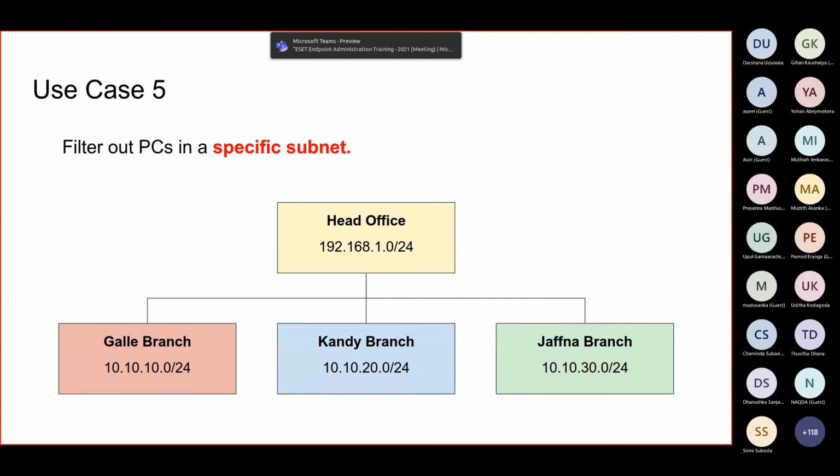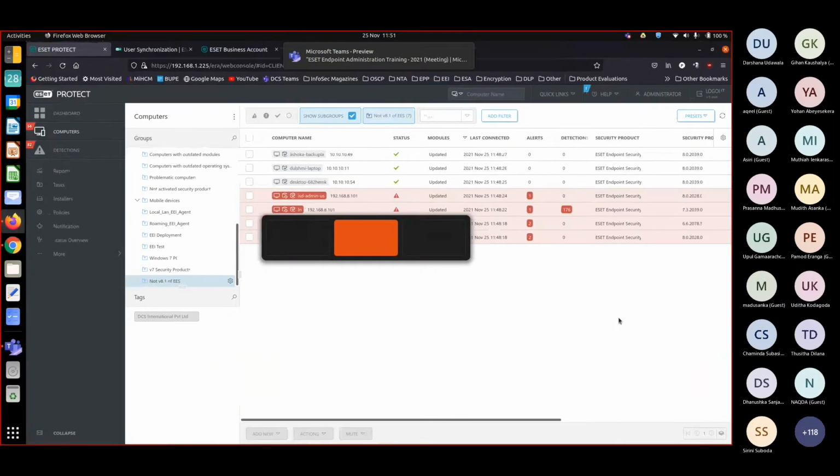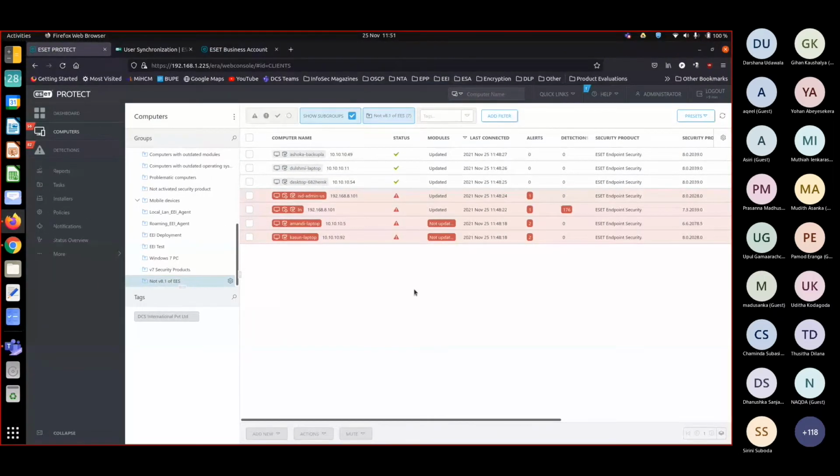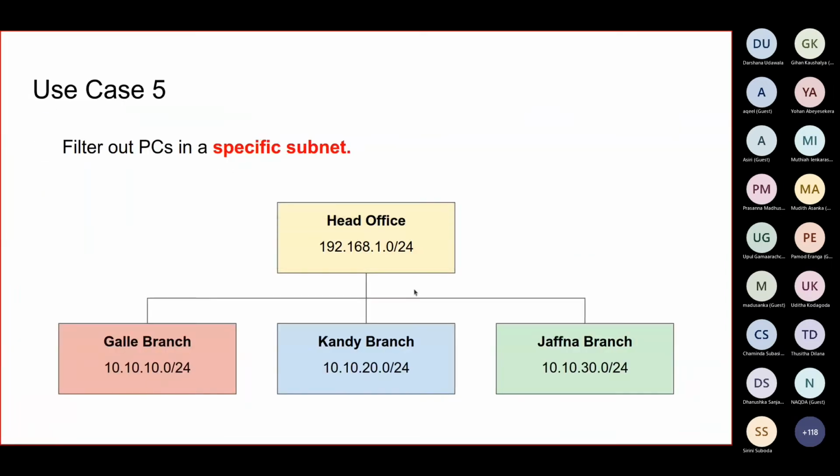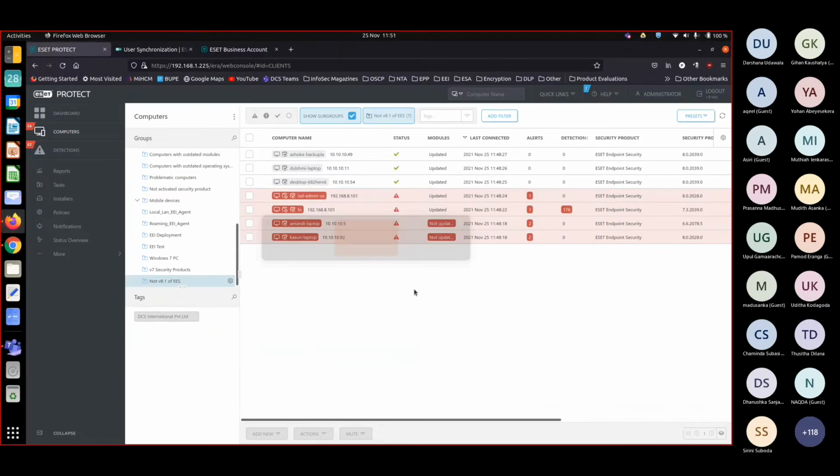Let's try to create a group with the particular IP address in place as IP subnet. Try to find the IP subnet field, then you will be able to configure the rule according to that. In my example, I'll try to identify machines with the IP address 10.10.10.